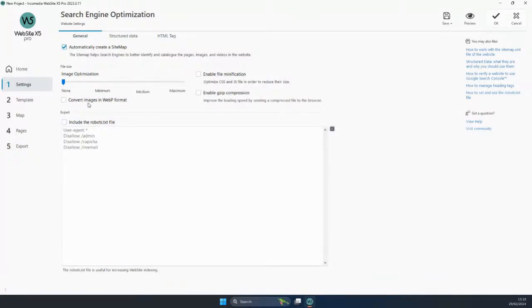The same goes for this option right here, which is convert images into WebP format, which is this very modern format that essentially allows you to not lose as much image quality as most common optimization methods. But it will convert the image to a different format. So this means that the image will actually be duplicated, and the size that the project is taking on the computer will increase. That being said, once the website goes online, only the WebP format will be uploaded, of course,